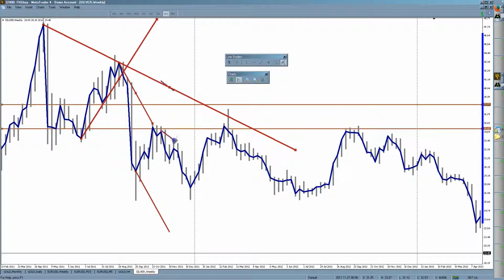So like here's a nice baby one. Find the lowest close in there, you project to that next leg,